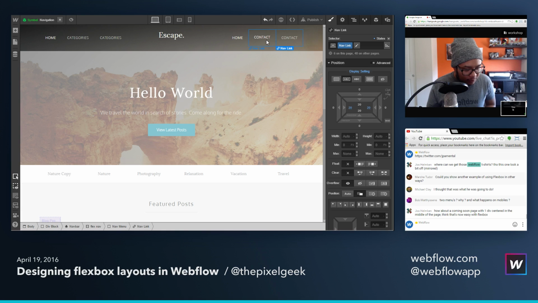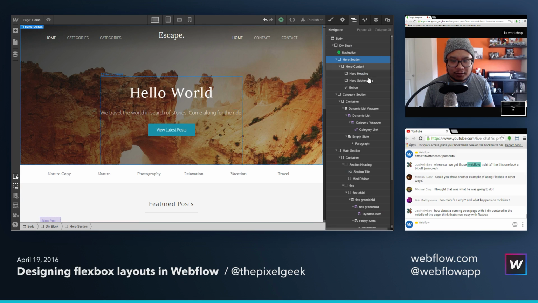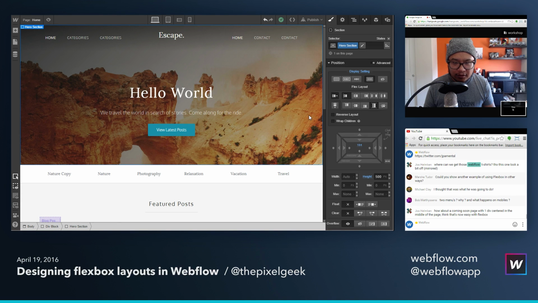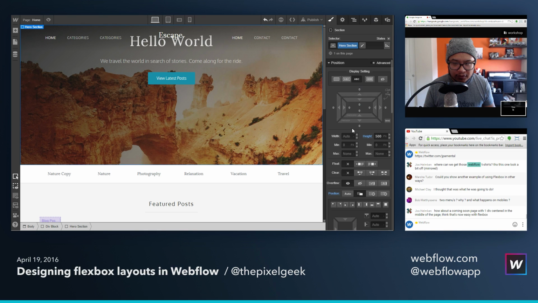How about a coming soon page with the div centered in the middle of the page? Now that's... oh, yes. That's one of the awesome parts about Flex. Let me show you real quick. This hero content right here... Wait, hold on. Is this flexing? Okay. So let me remove the flex on that. Let me remove this. Okay, so we have a height of 500, but I want to vertically